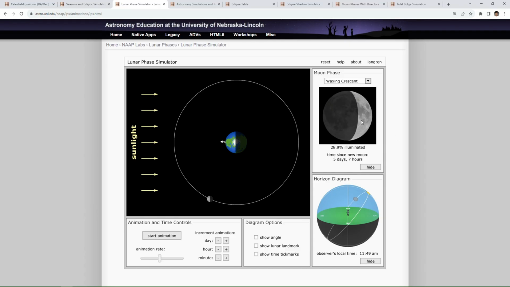You can see the crescent is getting larger and larger until we reach the first quarter, about a week from the new moon. And then it is waxing gibbous. During the waxing gibbous, you can see the rising and the setting of the sun and the moon become further apart in terms of time. And if we wait a few days, then we will almost be there, we will have what we call